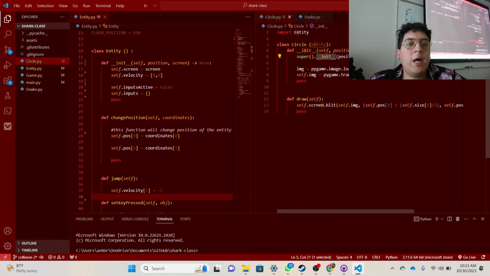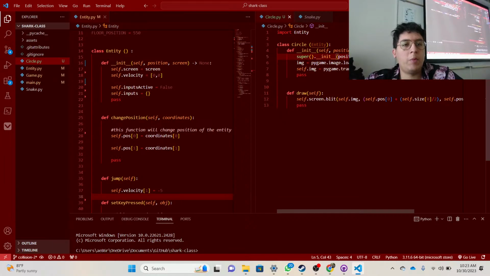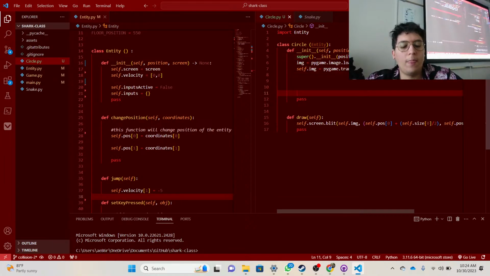So let's add all of our, so position is already set. So let's add radius and image. That's what we need here. So position, oh, self dot. Okay, let me write right below here. So position is already set because we're sending position to entity. Then we're gonna do